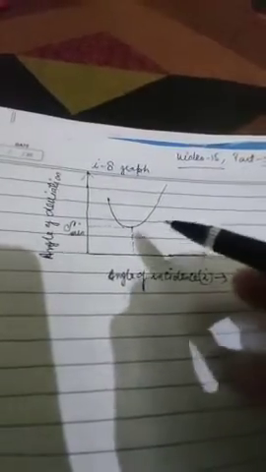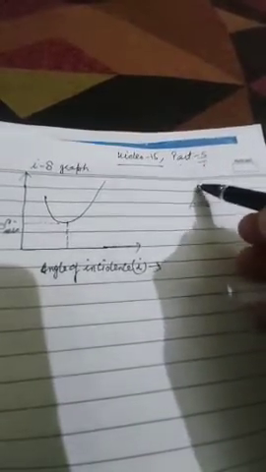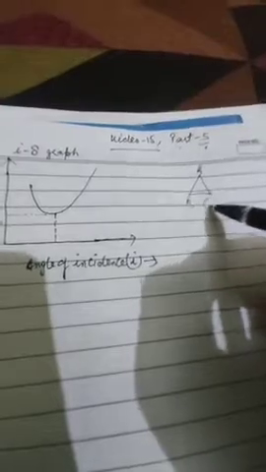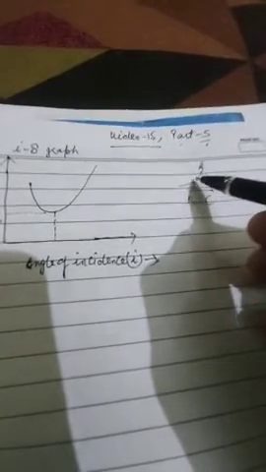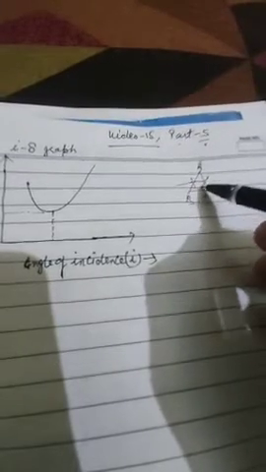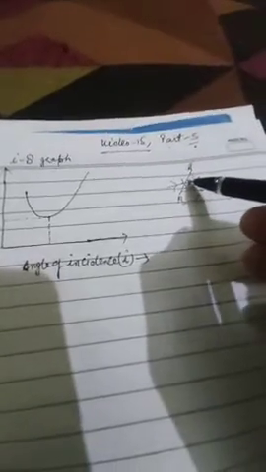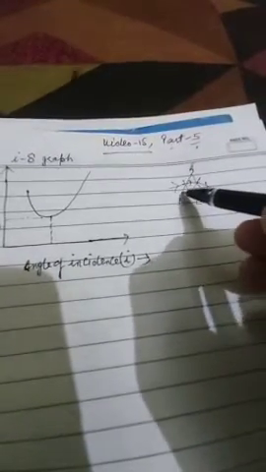Now, this is the i-delta graph, and this is one of the most important graphs. It is only possible if you have an equilateral prism. If you have an equilateral prism A, B, C, this is your incident ray. The refracted ray is parallel to the base of the prism.